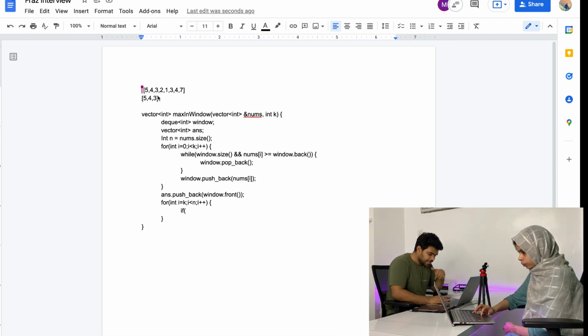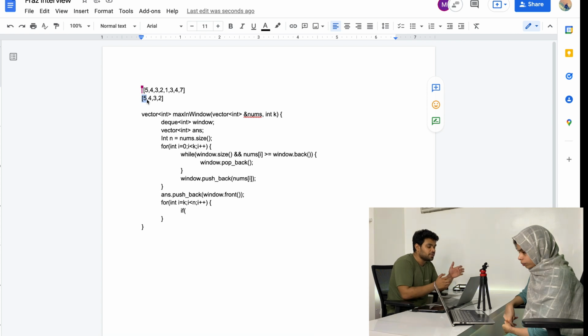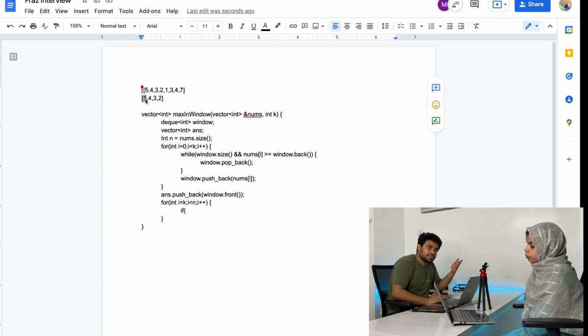Alright, every element will be there inside the window. And when I'm putting 2 inside it, in that case also nothing is being removed. But in front of the window we have 5, and we want to remove 5 because 5 is not part of this particular window. So from the front, I need to remove those elements which are of no use now. Basically, they are old. They were part of previous windows, not the current window. So I have to remove those elements, but somehow I need to know the actual difference between the currently inserted element and the element which is at the front.